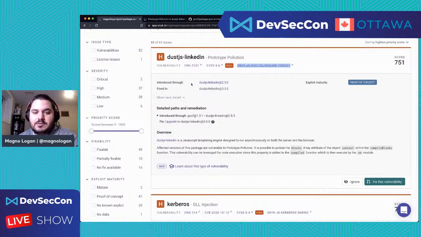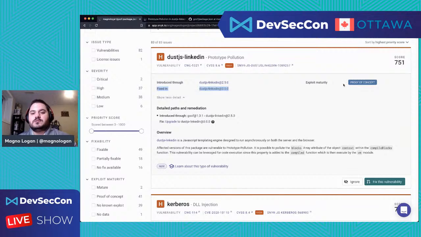Two things I'd like to highlight in this specific example: it shows the version of the library where this vulnerability started, 2.5.0, and then the version where this prototype pollution vulnerability is fixed.